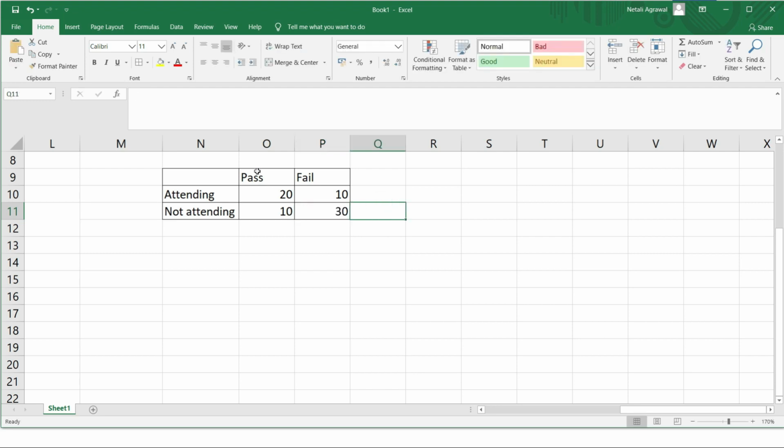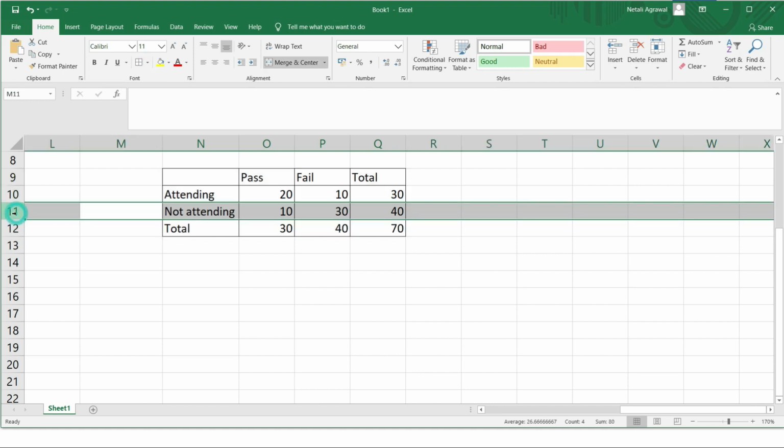So this is the data that you want to have, but this is not the complete grid. You should have totals also, for your rows and columns. So what is this total? This comes to 30 and this comes to 40. This row total is 30 and this one is 40. The table total is 70. This is your table total. So these are your observed values.